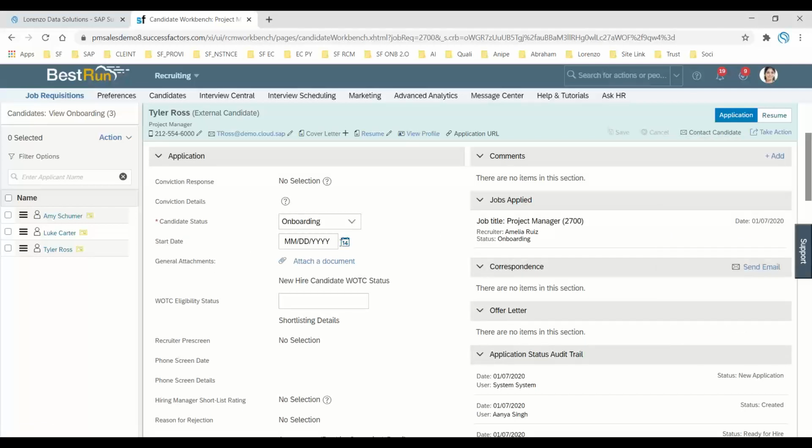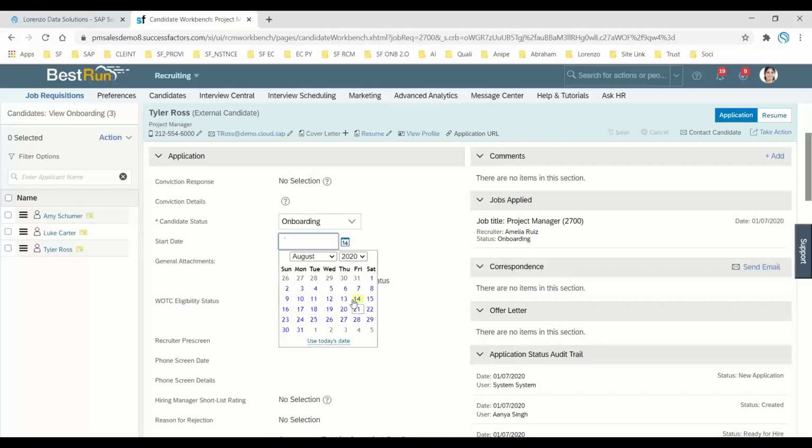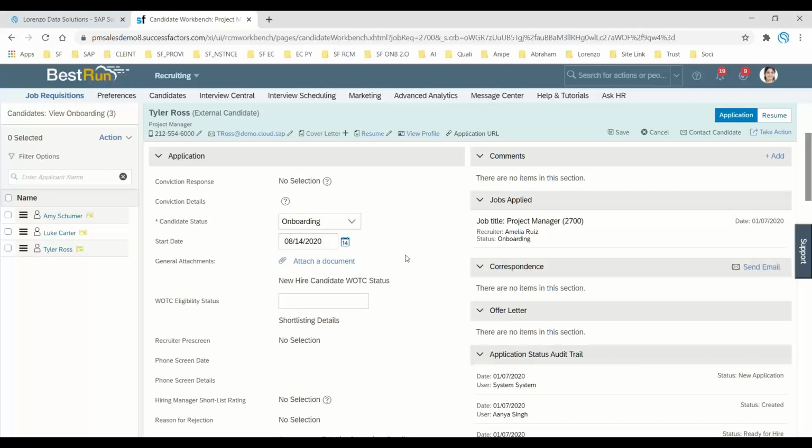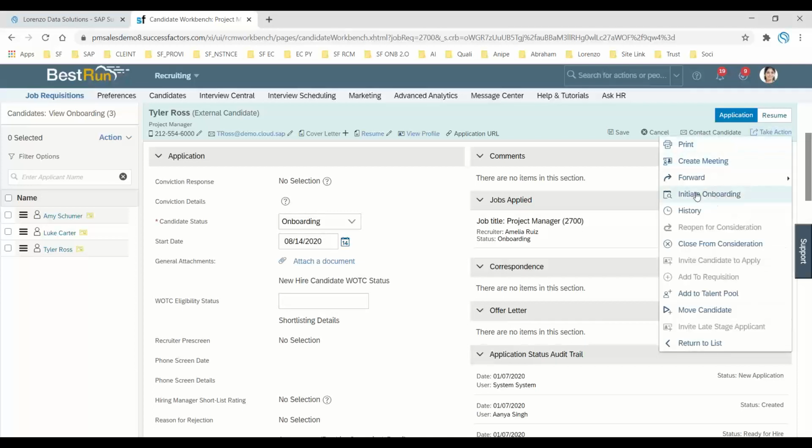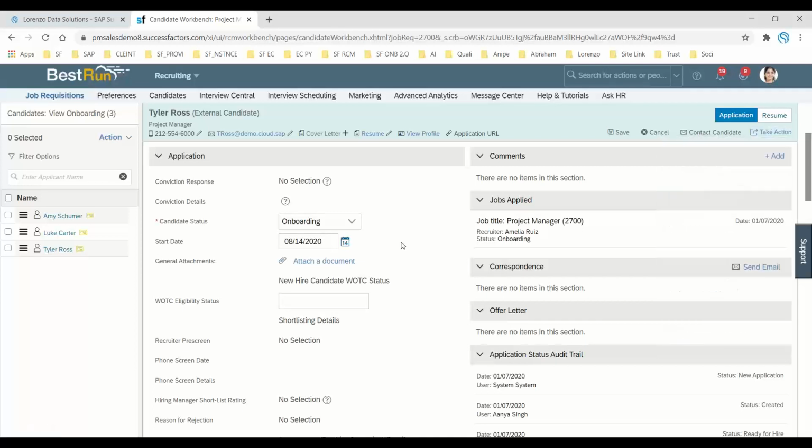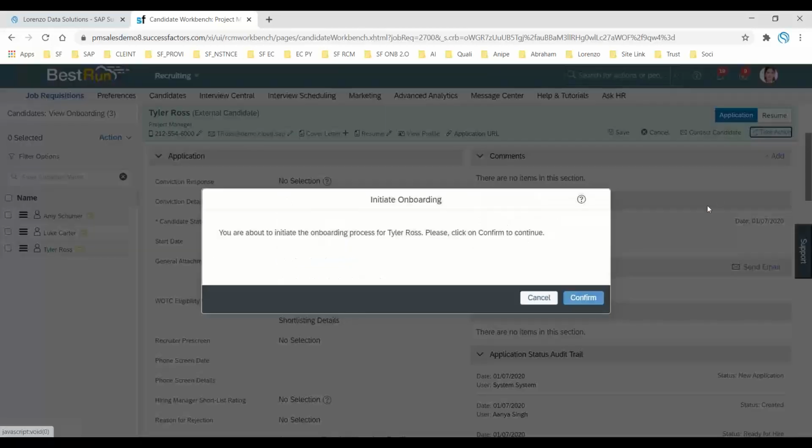For example, I want to initiate onboarding 2.0, let us say on 14th of August 2020. But sometimes you don't fill this field and you directly try to initiate it. Or sometimes you enter the start date, and without saving it, by mistake we try to initiate onboarding.